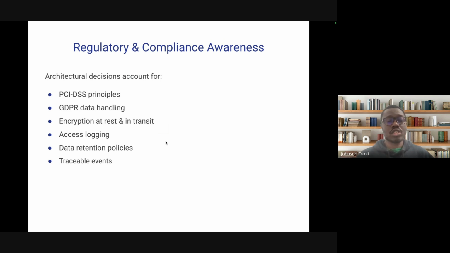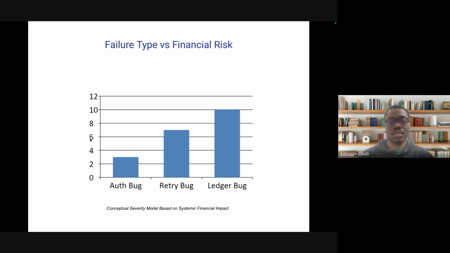The fintech industry is also faced with regulations and compliance requirements that need to be met. These are like PCI DSS as the card compliance principles, GDPR, your data compliance, also encryption at rest. So you want to also ensure that users' data is safe both at rest and in transit. Let's say, for instance, someone is trying to make a wallet transaction, you want to encrypt at the client side, and then it passes through the HTTP communication path to the backend, and in the backend you decrypt again and get the relevant information, and your keys are isolated from the transaction.